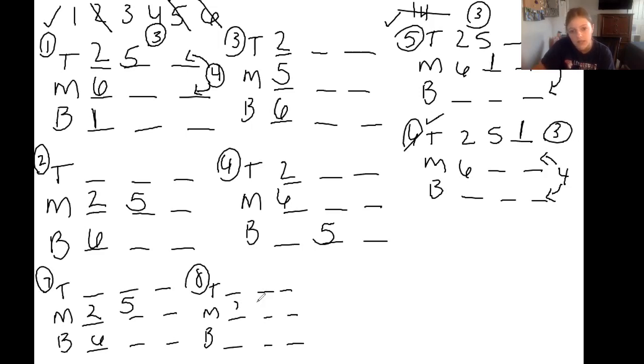Copying it exactly before I implement the 1 and the 4. So I can put 1 at the top, I can put 1 in the middle, and I can put 1 in the bottom. And because 4 cannot go with 1, I'm going to go into each of my worlds and figure out where I can put 4. In this world, I know I can put 4 here, and I can put 4 here. And again, that leaves us with 3